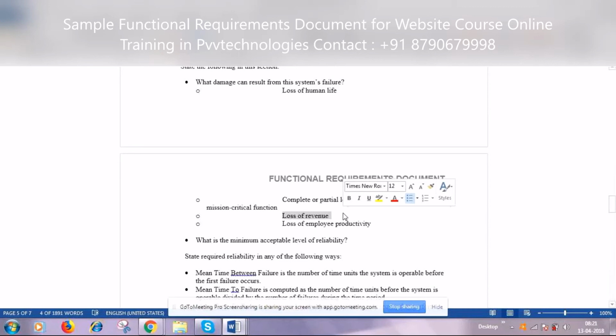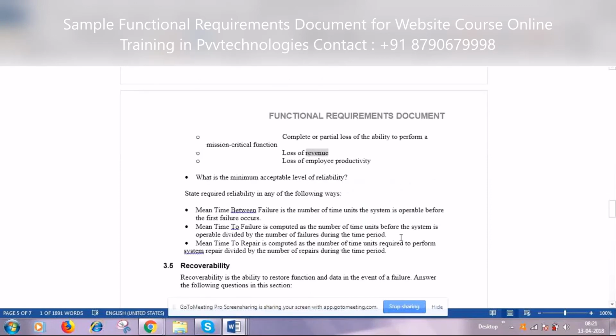Always, any company for that matter will be much dependent upon the revenue. So those revenue details must not be lost. Means the premium amount that is being calculated, the premium that is being collected must not be lost. So if the data crashes, if the system crashes, those aspects you have to consider, and you must always have a recovery plan for it. So that is what is reliability.